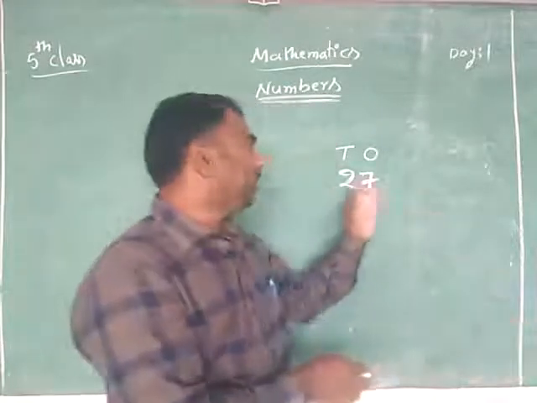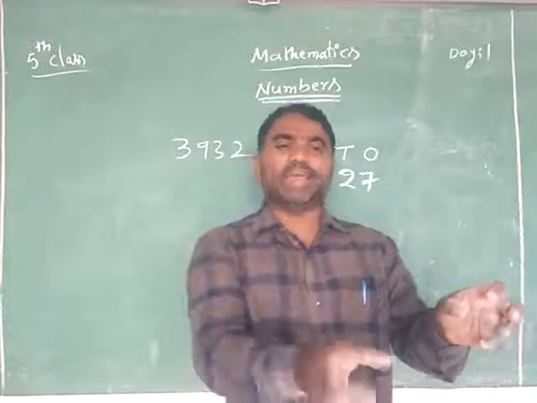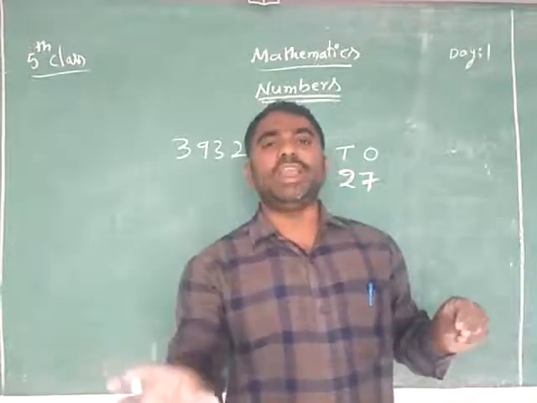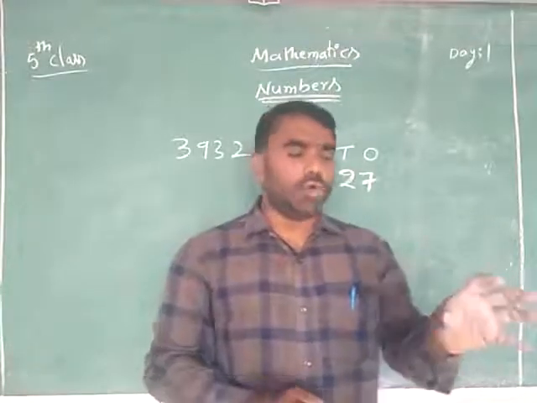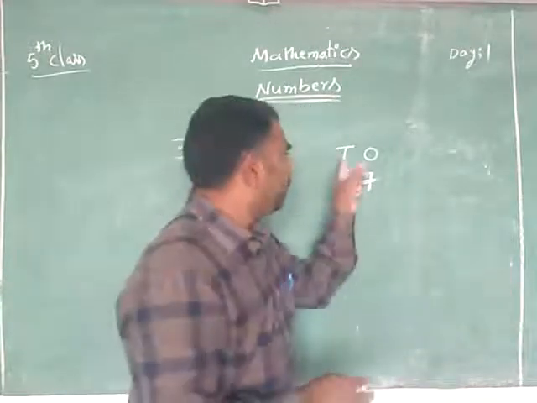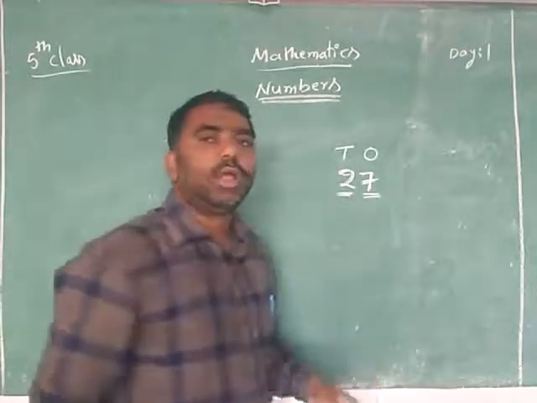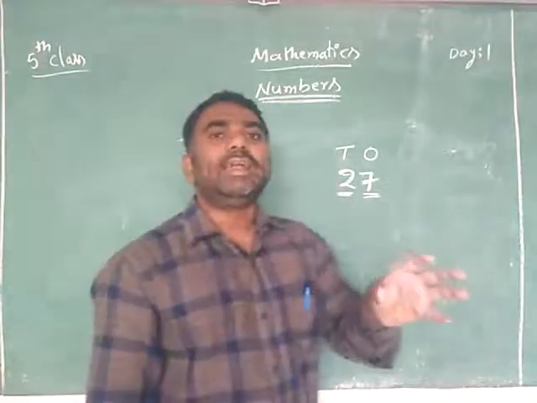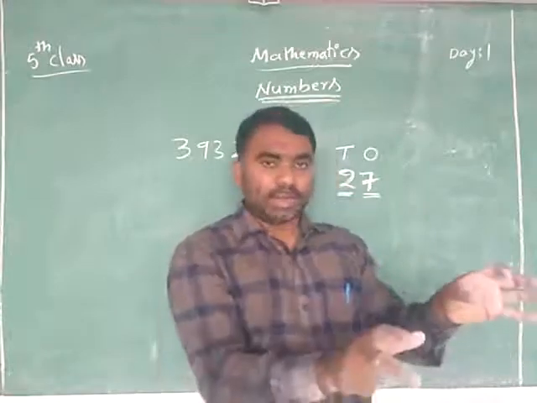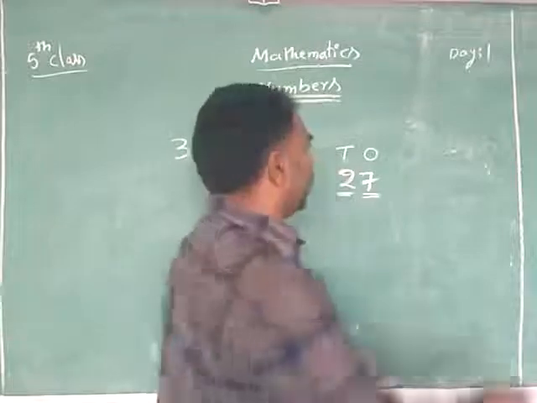Suppose, what is the meaning of 27 marbles? In one packet 10 marbles are there, in another packet 10 marbles are there, so 2 packets are there and 7 loose marbles are there. So 2 packets of marbles. In one packet how many marbles are there? 10 tens, that's why it is the tens place. 2 tens, 7 ones. 2 tens means 2 packets of 10 marbles, one packet, second packet, and the 7 are loose.